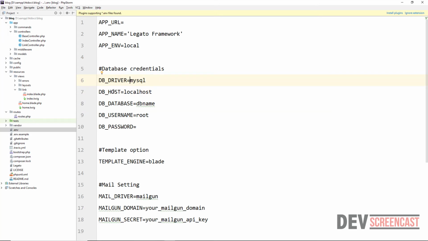And then we need to specify the host. This is where our database is located, and right now this is located in our localhost. And then we need to specify the name of the database, the username, and also the password. So I'm just going to change the DB name to links, and then we are going to create this database